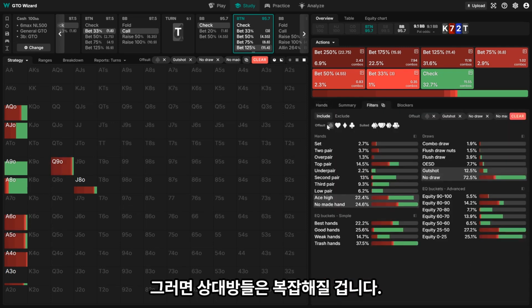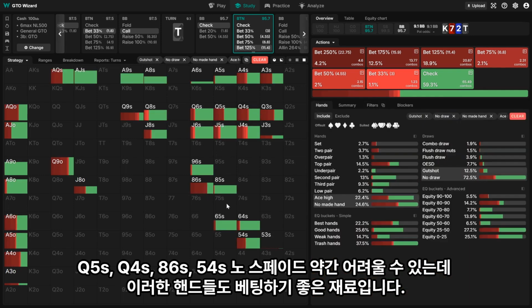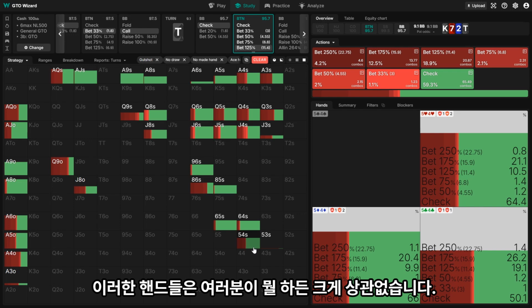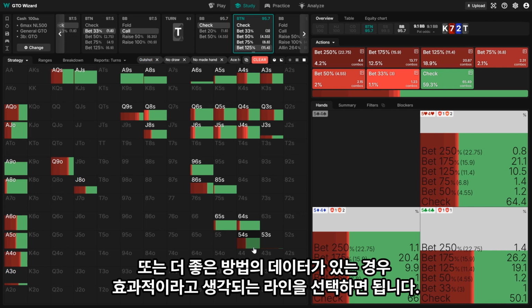And then the more complex stuff, right? All of these Queen 4, Queen 5s, 8-6, 4-5 with no spade, a little bit harder to understand which hands have better properties for betting. So with these hands, it doesn't matter so much what you do. I wouldn't be trying to get them exactly correct, right? If you really wanted to, you could maybe just mix it up with an RNG, or even better, if you have some kind of population data, you can just pick the line that you think works the best